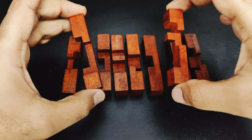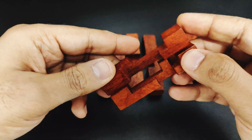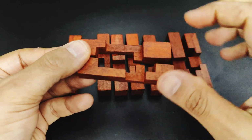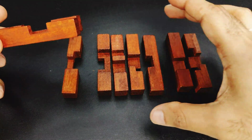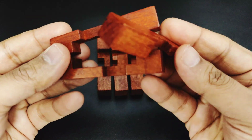If you notice, these two guys, they match up together, but this guy comes out a little. When I flip one of them, that's when they perfectly match. Having this square cavity in the middle is perfect. Now think about what can be your third piece. So according to my understanding, this guy should work, but it is still doubtful whether it will go like this,